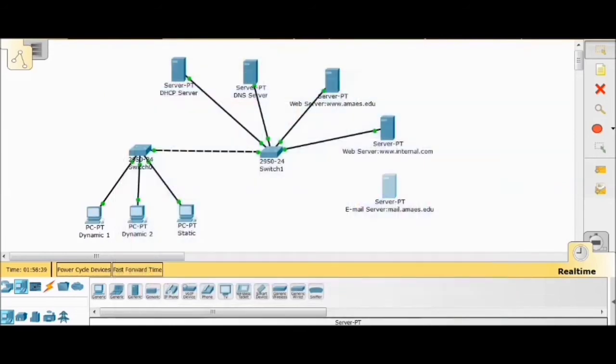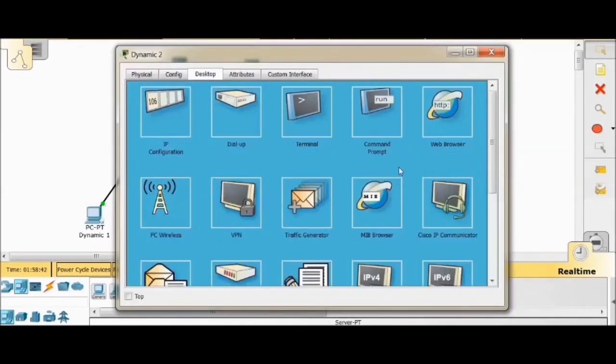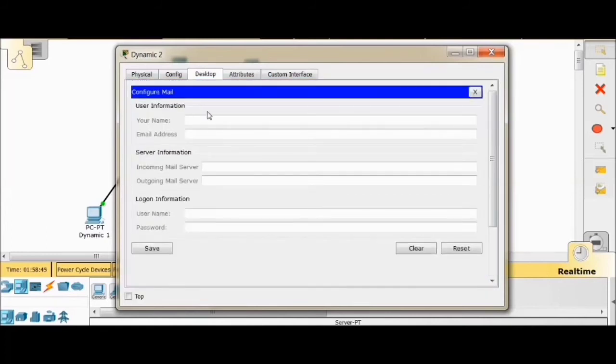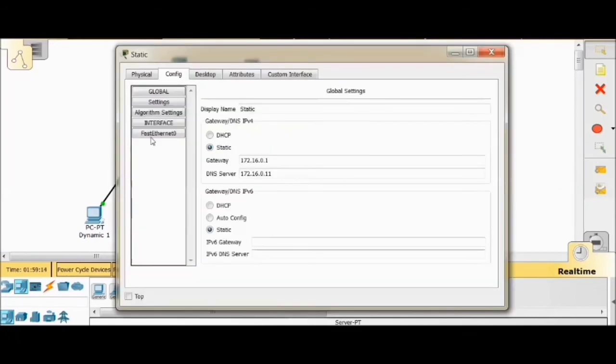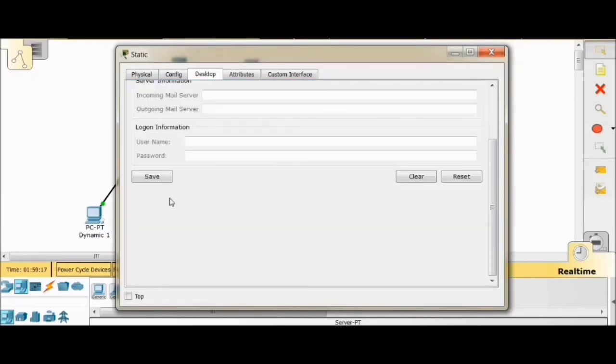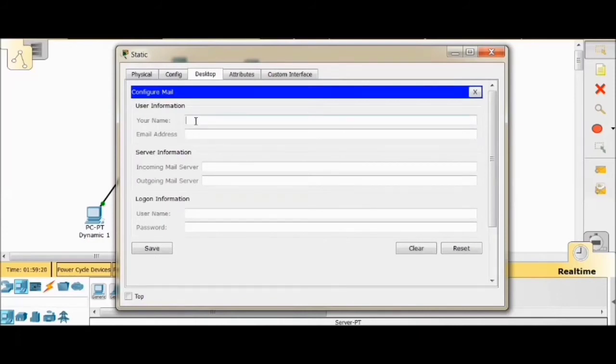And then next is the next PC, which is Dynamic 2. So let's also go to the email and then fill up the form. Your name will be group 2, and then the email address will be user2@mail.amaes.edu. So the incoming mail server will be mail.amaes.edu, copy paste, and then username will be user2 and password will be datacom2. So let's save this. And for the last PC, which is the static,